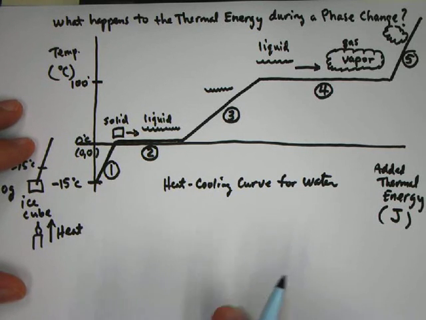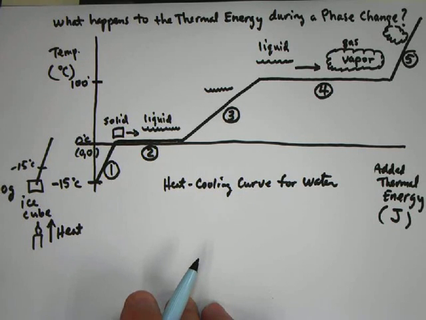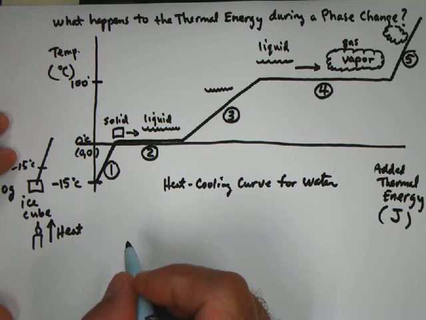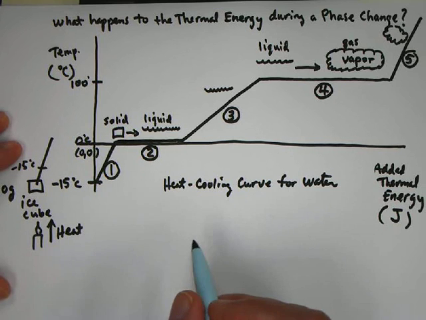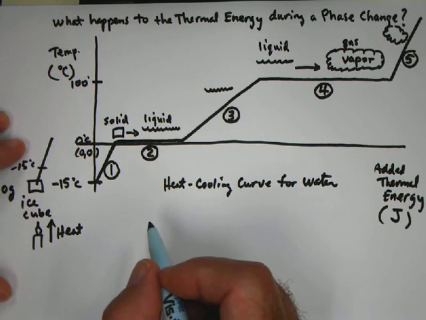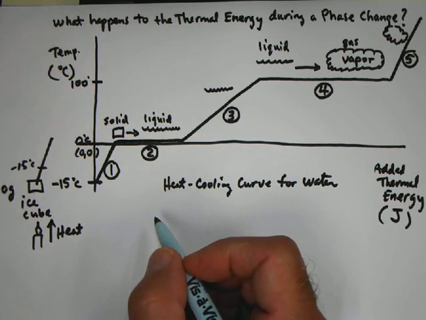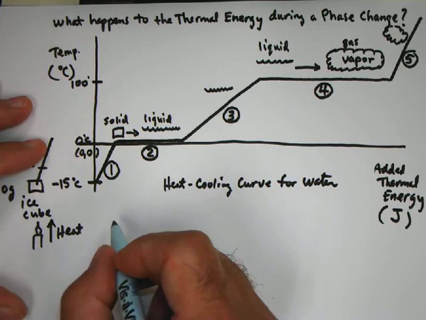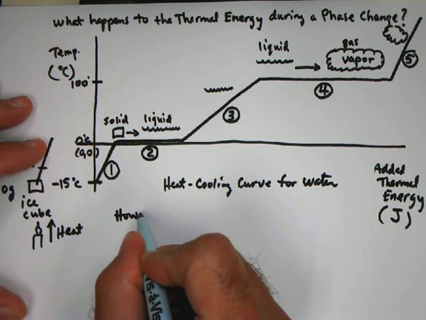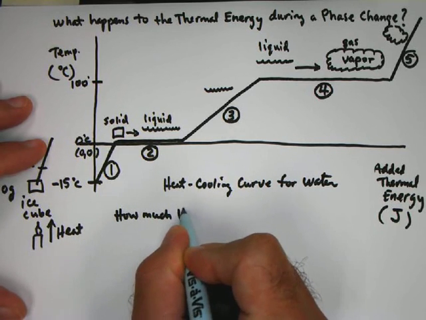Okay, let's try a little problem. Let's say that we want to convert 10 grams of ice to 10 grams of water vapor that happens to be at 200 degrees Celsius. So how much heat is needed